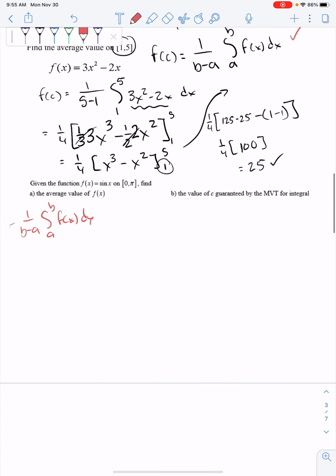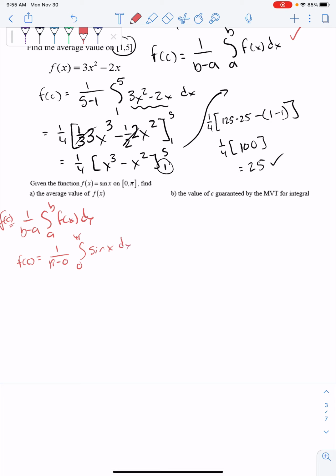That's my f of c. So b minus a, so f of c equals 1 over b is pi, a is 0, times the integral from 0 to pi of f of x dx. Whoops, erased my integral. F of x is sine of x